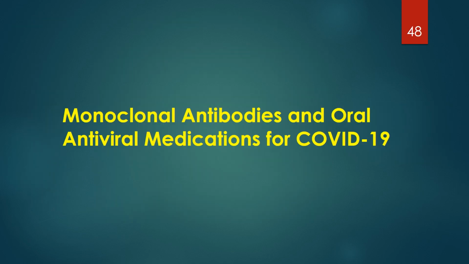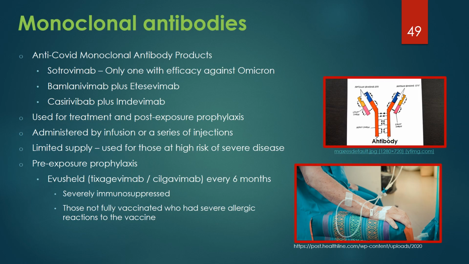Let's briefly touch on the role for monoclonal antibodies and antiviral medications for outpatient use during the COVID-19 pandemic. Like a body's own immune system's antibodies, monoclonal antibodies recognize, bind to, and neutralize infectious agents. The human immune system produces many types of antibodies in response to infection and vaccination. These antibodies come from immune cells called B cells. Each B cell produces only one kind of antibody and makes many copies of it.